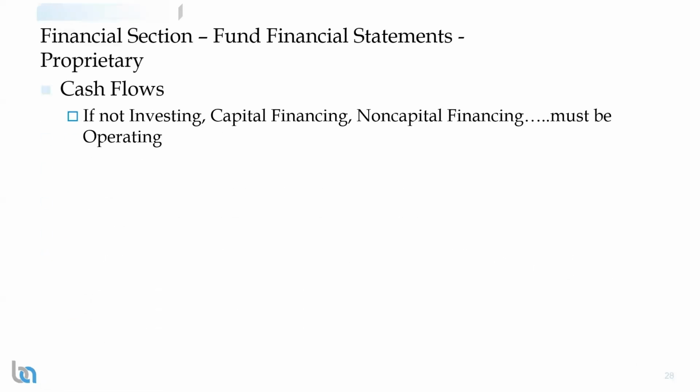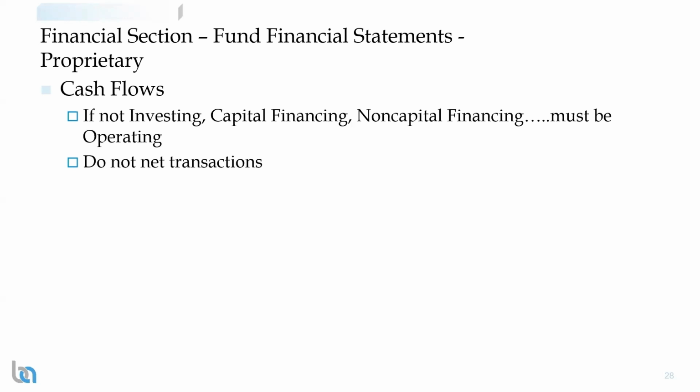All right, moving on to the proprietary funds cash flow statements. You have to make sure there's consistency in how you're presenting the line items. For example, if a grant on the income statement is presented as an operating grant, you can't then go on the cash flow statement and present it as a capital activity. It should be reported as a non-capital activity. So just something to consider here. Also, there are only these categories, so you can't invent your own categories. You have to present them in accordance with these categories.